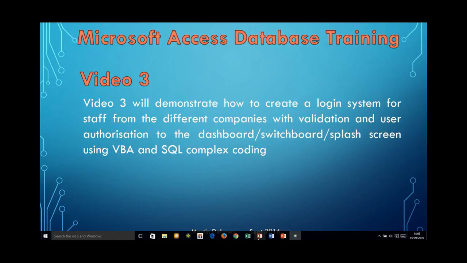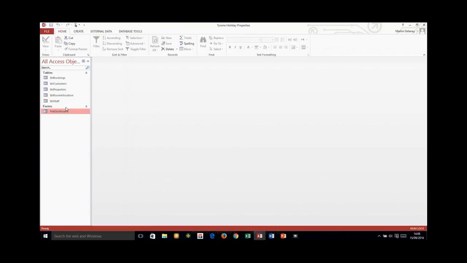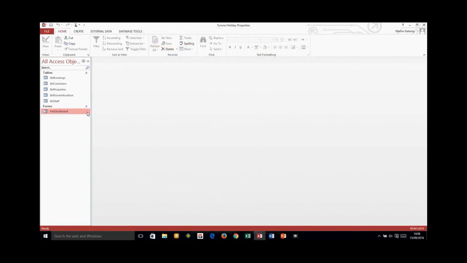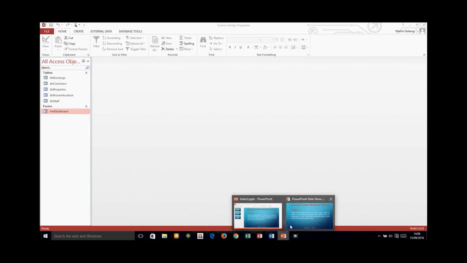It's a bit more complex than the simple coding that we used in the previous videos. So if we look, we've got our dashboard form. What we want now is to create a simple form that whenever the user's been authorized, they can access the dashboard. And if I go to the next slide,